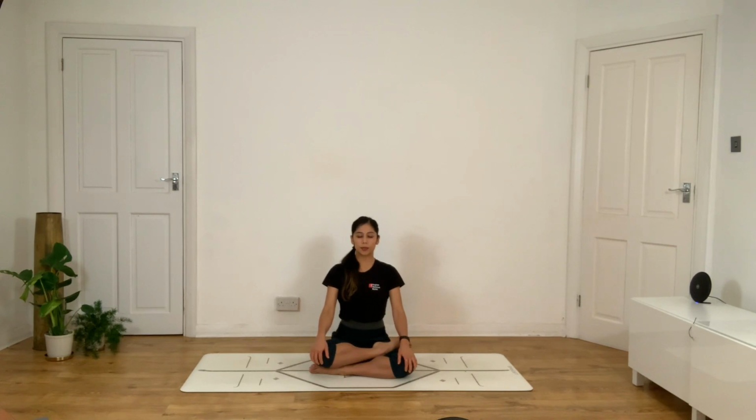And as we just settle down, begin to notice your natural breathing rhythm. Without trying to change anything, just noticing the quality of your breathing. And when we come to our yoga practice, we start from the place that we are right now. So starting from where we are in this very moment, not thinking about what we feel we should be feeling